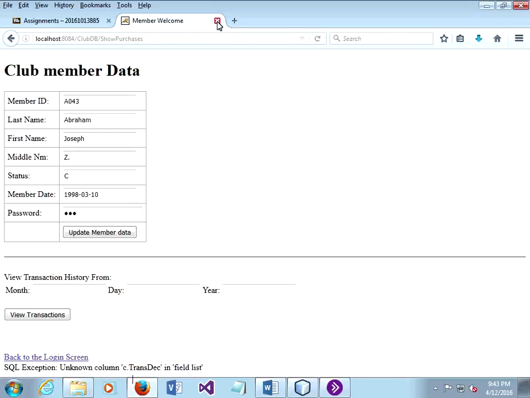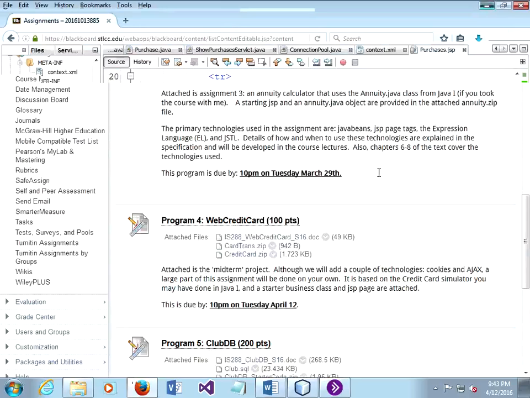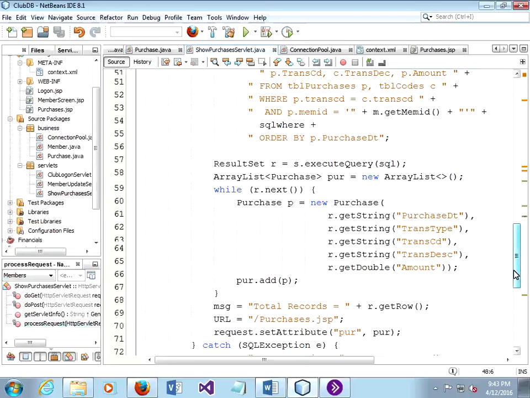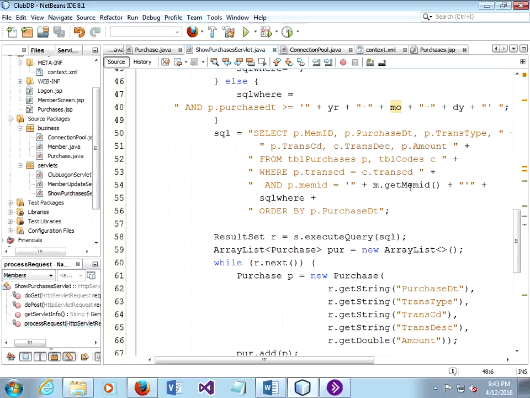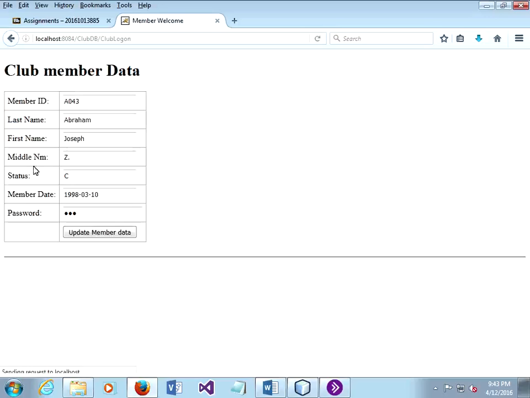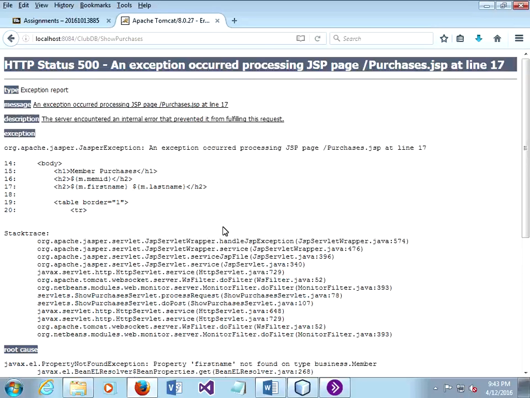Yep, typo. Okay, so back in my servlet, C.transdesc. Okay, that wasn't too good. Let's try again. Crash. Let's see. Purchases JSP. Oh, property first name not found on member. I must not have given it the right